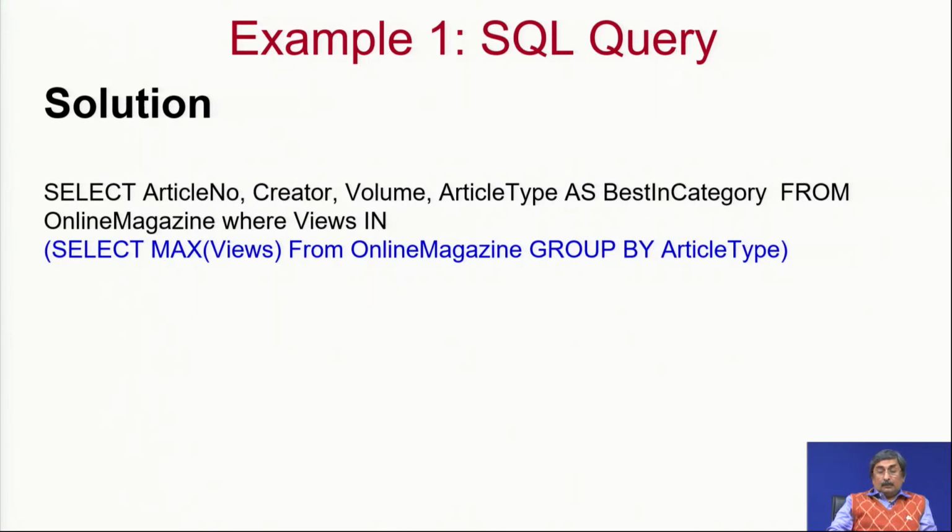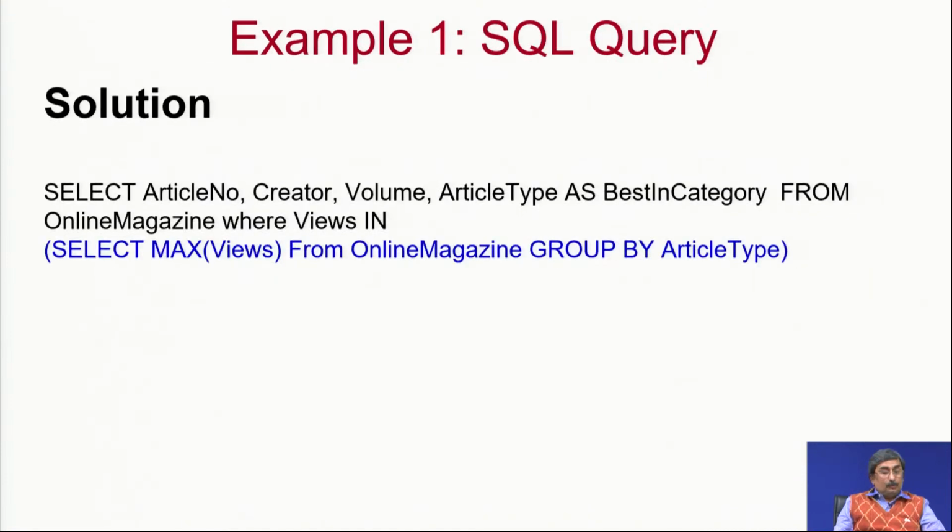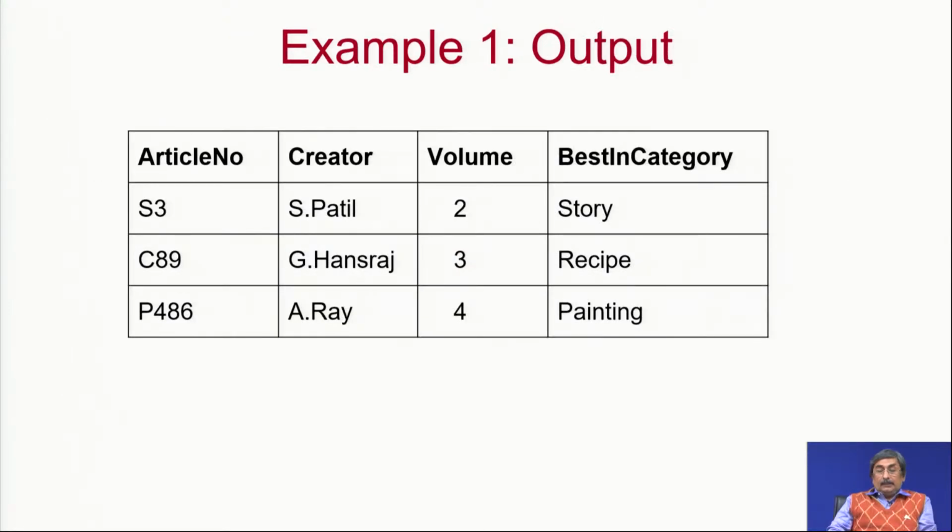To get to a solution, I first group by this online magazine by article type. The moment I group by, all the painting records with the painting article type will come together. With painting there are 4 records, all these 4 records will come together. With story there are 2 records, and with recipe there are 2 records that will come together. Then, having got them together by group by, I select max views in these groups. The moment I select max views, this aggregate function will give me only those records where the views is the maximum, and therefore, I will get these three